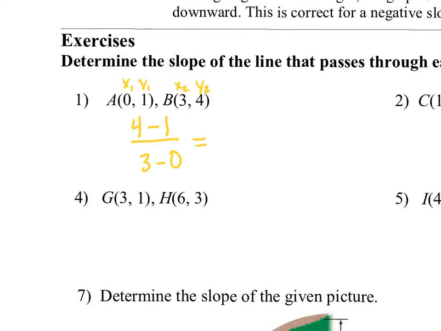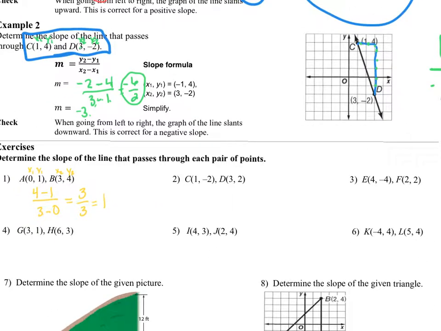So 4 minus 1 is 3. 3 minus 0 is? Oh, wait, wrong way. She had a good question. She said, is it 3, 3, or 1? I would use 1 because it's going through every box like that. Does that make sense? So whether you count it